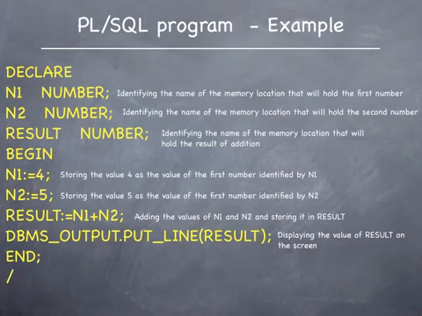The program begins with the word declare. It is under the declare that you identify any variables that you need in the program. The program declares three variables. As we are adding two numbers and storing the result in a third variable, three variables called N1, N2 and result are declared. The data type for each variable has also been identified as number type. So under the declaration section, I have N1 number; N2 number; result number;